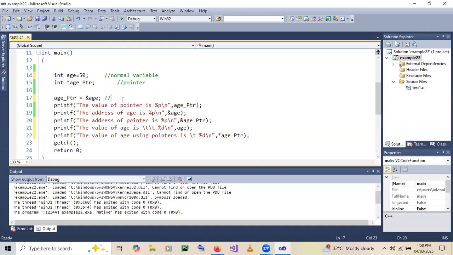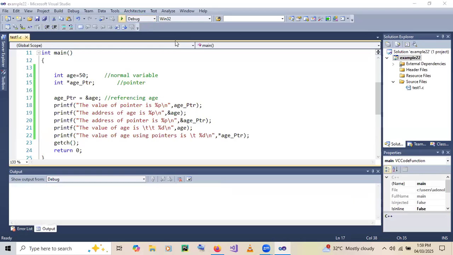Here, age_ptr is referencing age. You understand? Now, for me to get value from there, I will be dereferencing. I'll be saying, get me the value in that address. What I'm doing is dereferencing. So let's run and see